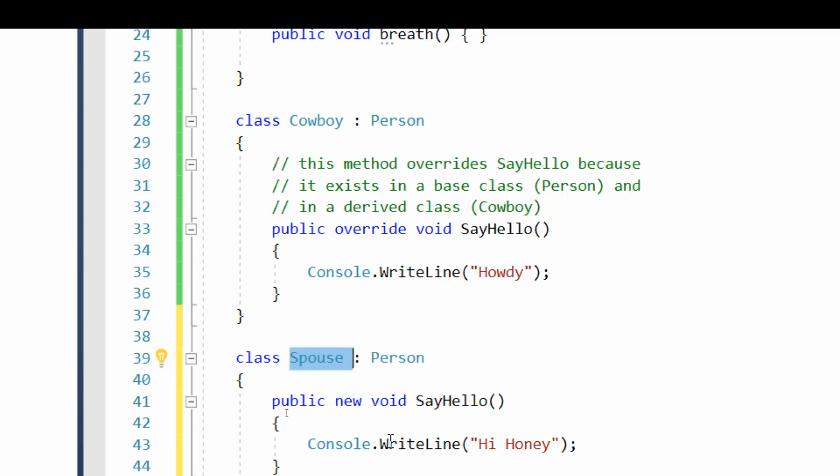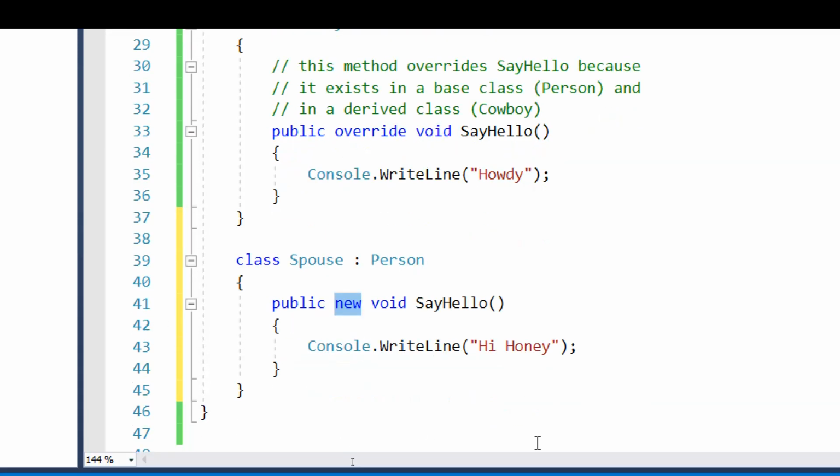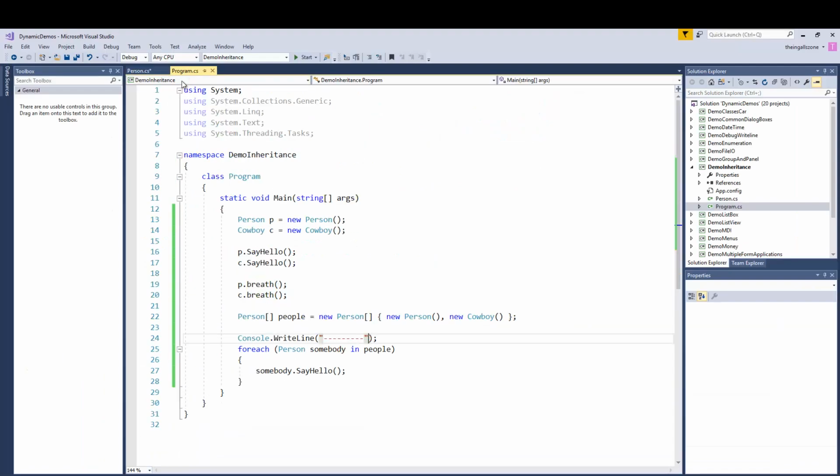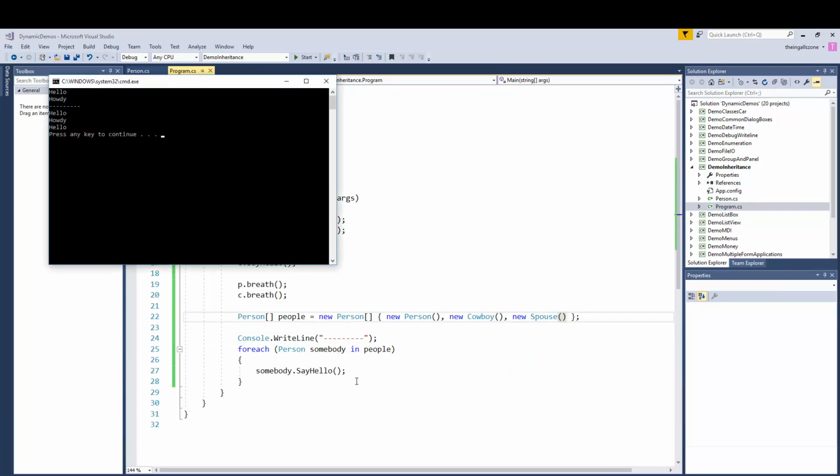So you remember before I got that green underline, and in fact this is what the new keyword is correcting. If I take that out, I once again get that same green underline. So new is saying this is not a virtual function, but I'm changing this class to have a specialized version of this particular method say hello. And then if we go back to our code where we're calling these objects, I can create a new spouse, and now when we run this code,